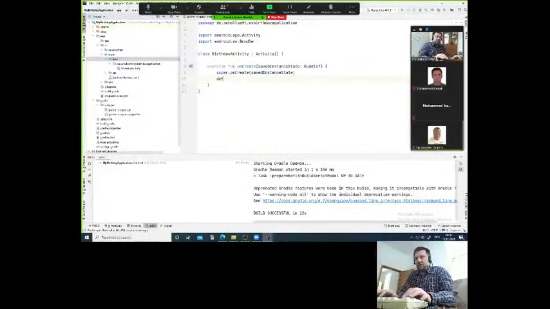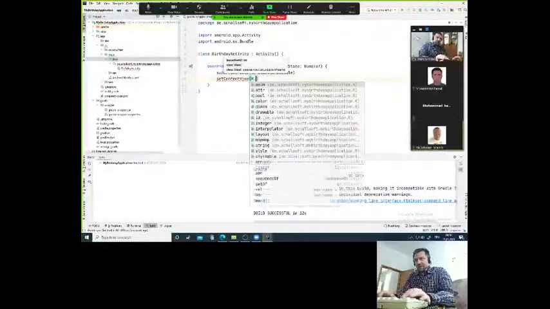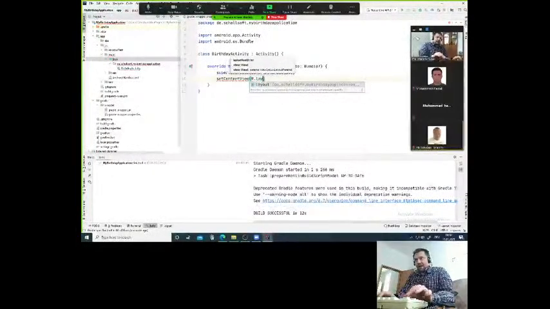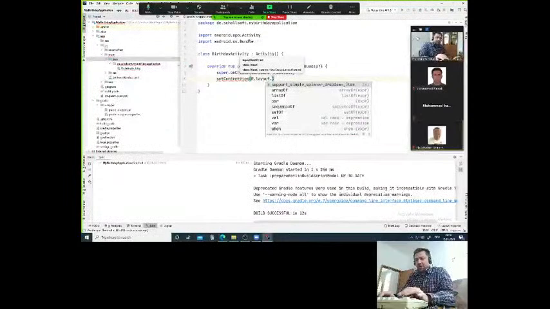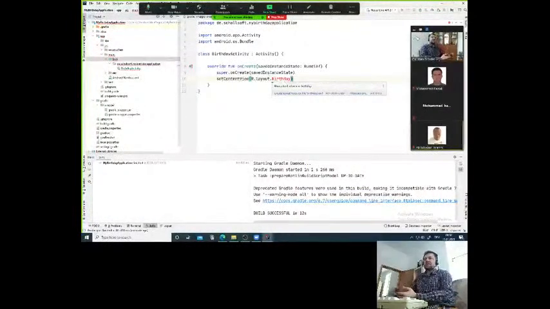So we should set a content view, and the layout file should be R.layout.birthday layout, but we don't have this layout at the moment, so let's create a new layout resource in the next step. So the first step: create my birthday activity, my first activity, and to see some things on our view,